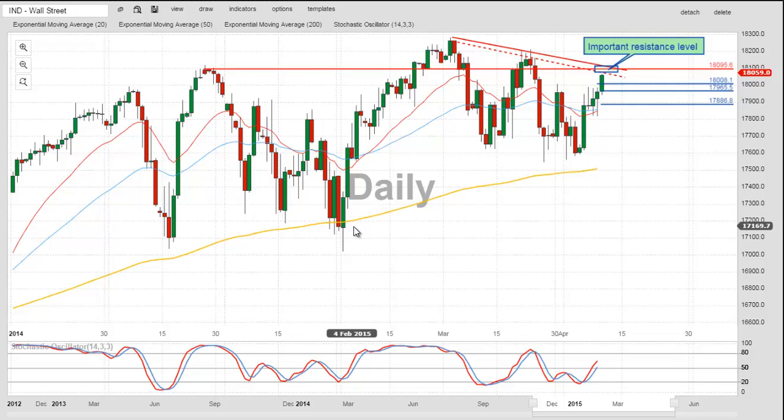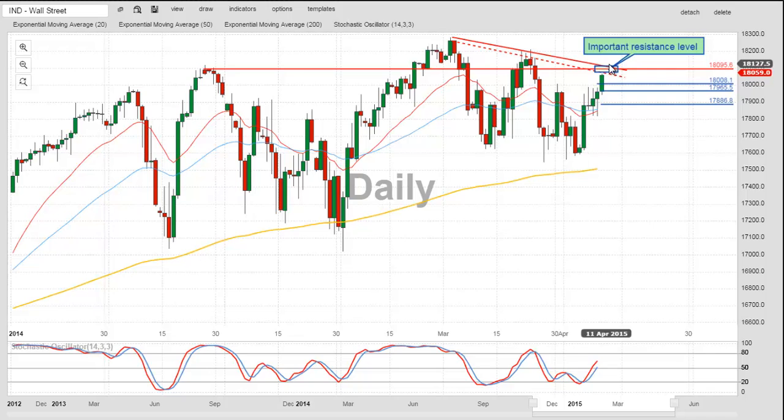18,100, 18,095 as a logical upside resistance area. Most of the people who traded this on a bullish side would be looking to take some profits at that zone, and that might cause a bit of a consolidation. Only a clear breakthrough above this 18,100 and a daily candle closing above that level could potentially target further upside resistance towards